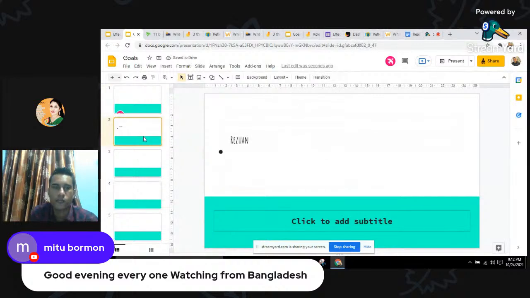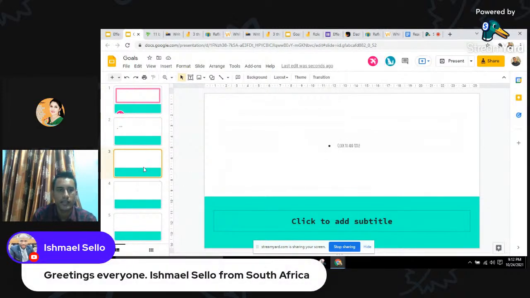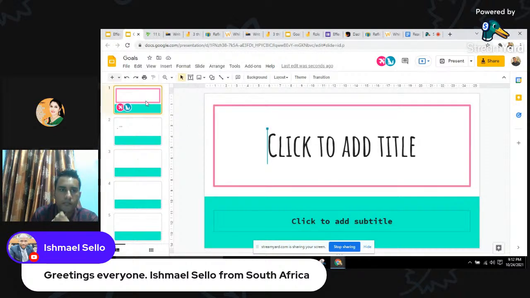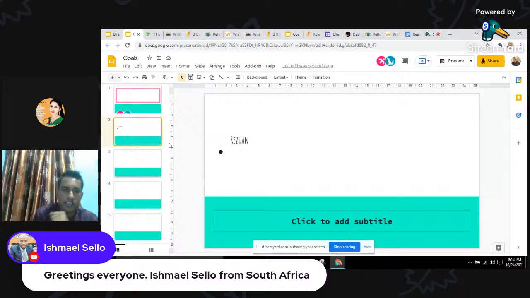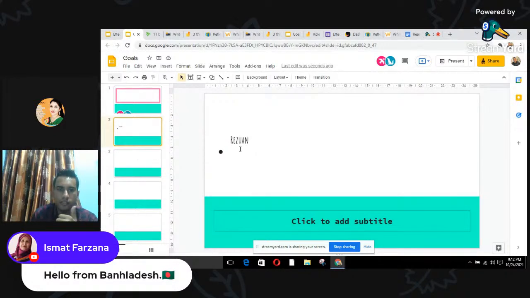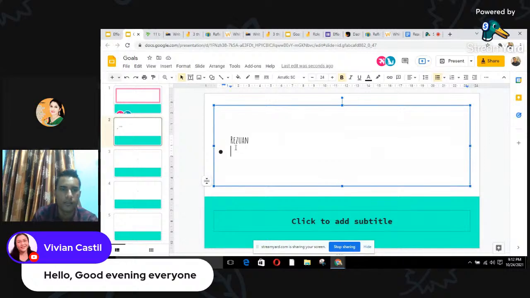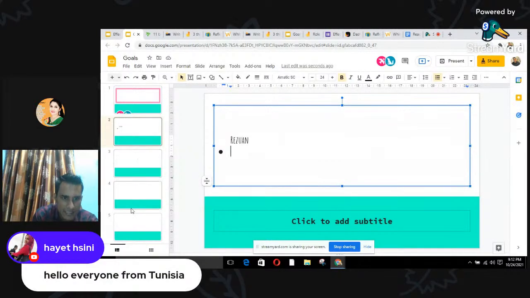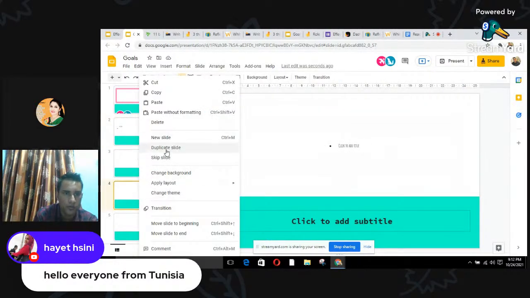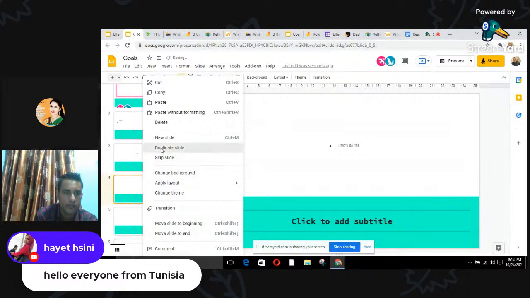So each slide, one person can write your goals. Make sure you're choosing a goal slide that others are not writing on, otherwise you're going to mix it up. Or you can write in the chat box as well. First write your name so that other people can see that this slide is occupied by someone. Then the next slide you can move to. Right, I have done duplicate slides.